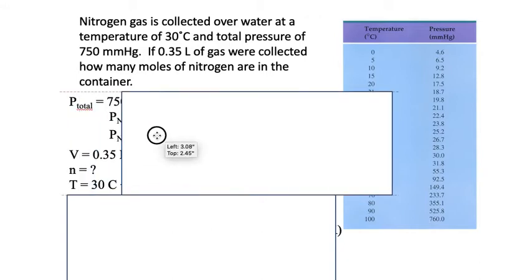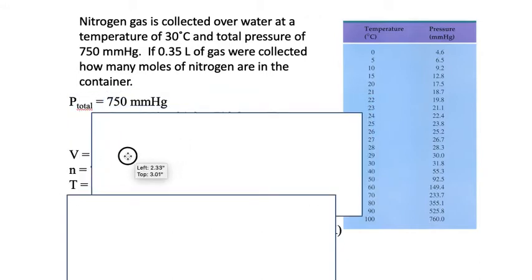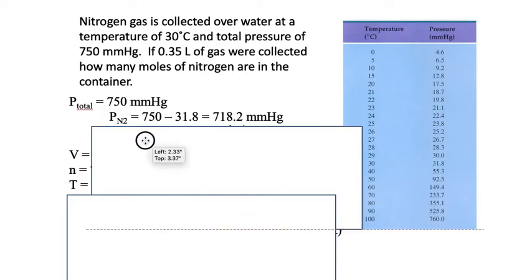But first, we need to look at the pressure. We have the total pressure. We don't have the partial pressure of the nitrogen yet. This pressure includes the water vapor and the nitrogen gas. So what I want to do first is subtract out the partial pressure of the water vapor. The total pressure minus the partial pressure of water gives us the pressure of just the nitrogen, the gas we're interested in. To get the 31.8, the partial pressure of the water vapor, what I'm doing is looking